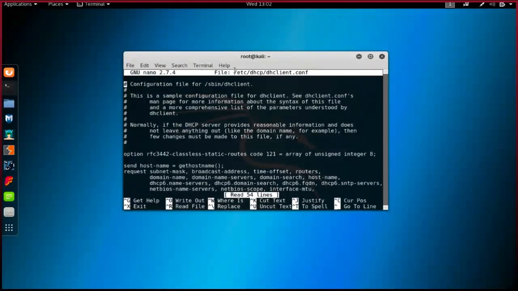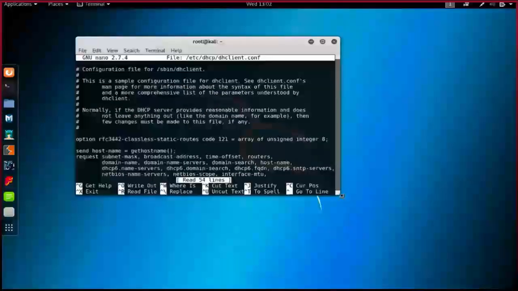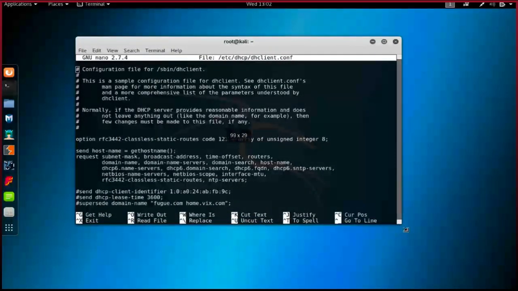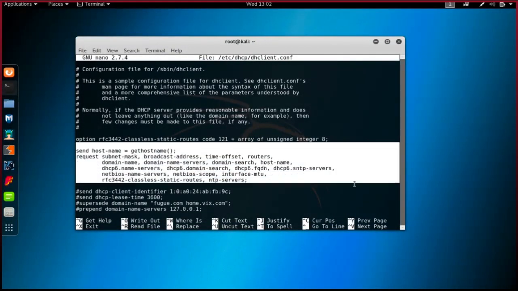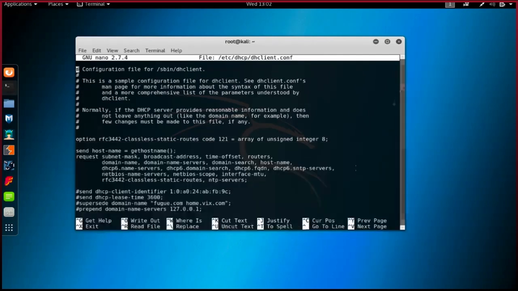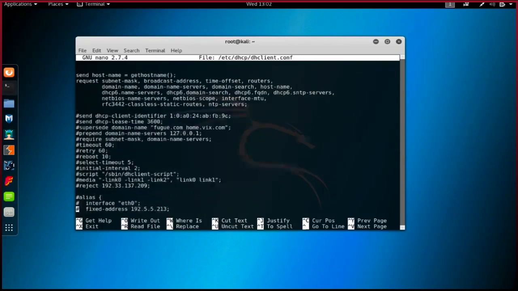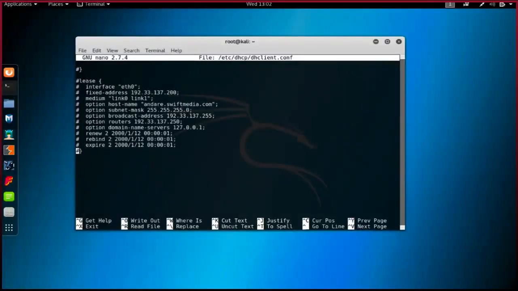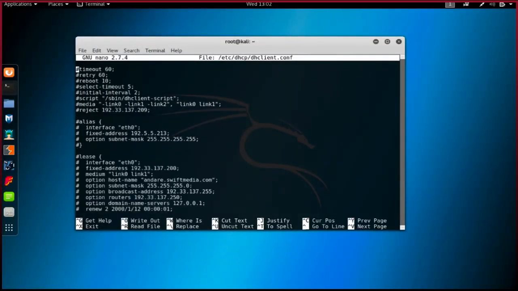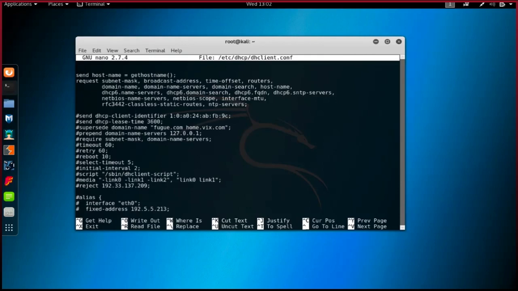We're using nano to edit this file. As you can see now, I see the content of /etc/dhcp/dhclient.conf. This is a configuration file for our DHCP client. We can change this configuration in order to change our name servers. You can use the arrows right now to move around this nano editor. As I press down, it goes down. As I press up, it goes up. And I'm looking for a line starting with prepend, like here, prepend domain-name-servers